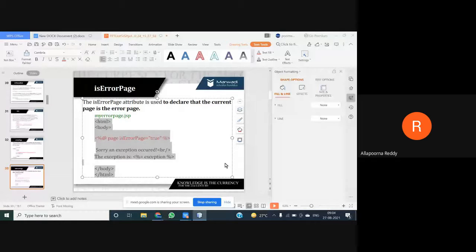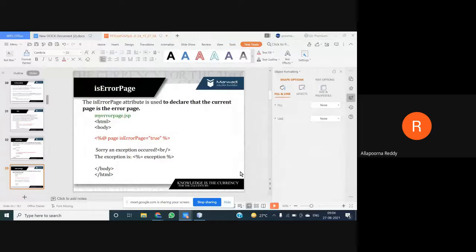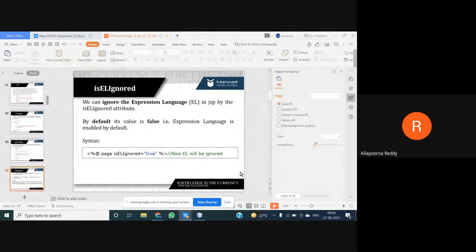Next attribute is isELIgnored. I told you already, when we are using JSP, not only an extension of servlet, we can use predefined tags, customized tags, expression language, and user defined libraries which we call with the extension of TLD.